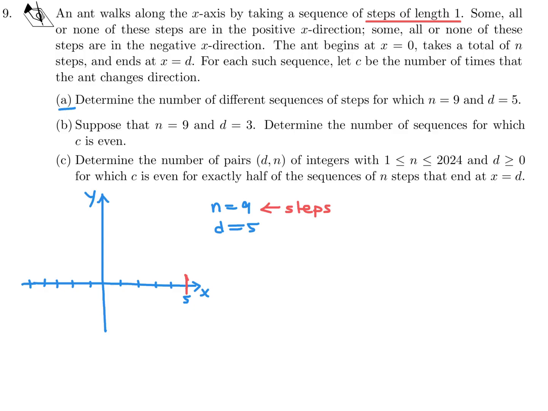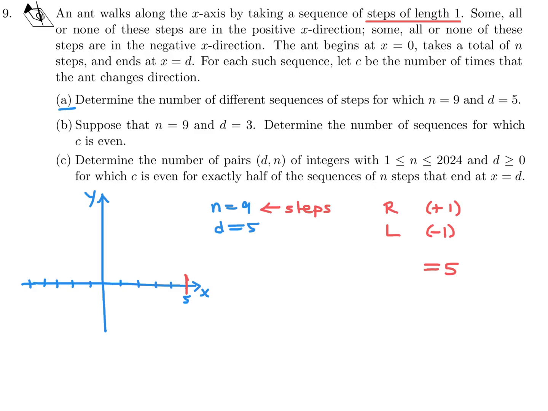So the number of steps in the positive direction, since we're going right, I will call r. And the number of steps in the negative direction, since that would be going left, I will call L. Whenever we take a right step, we increase by plus 1. If we take a left step, we decrease by 1, so it would be negative 1. So we want to end up at 5, so the final result would be